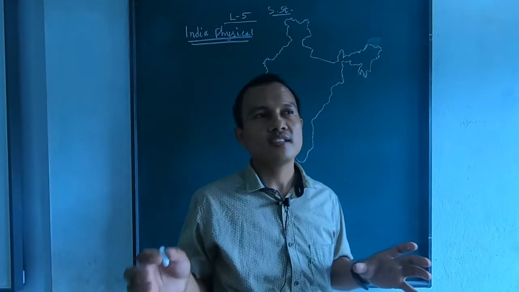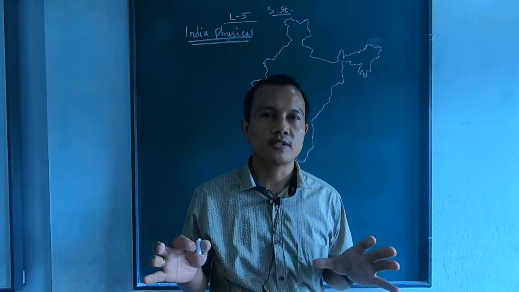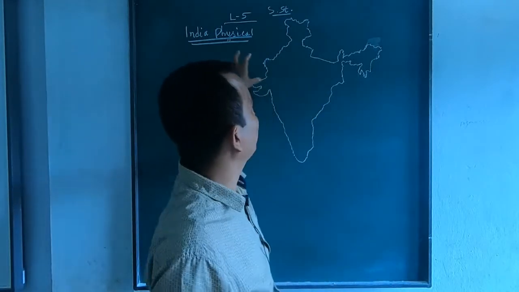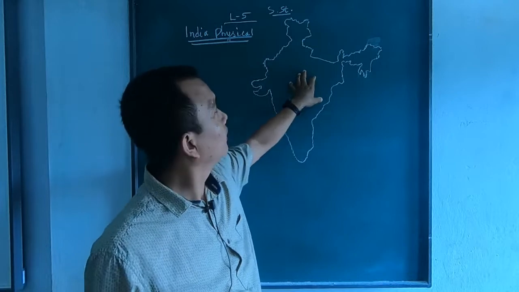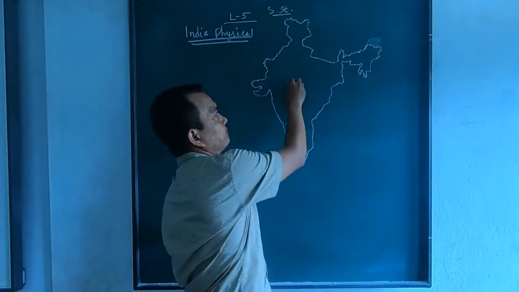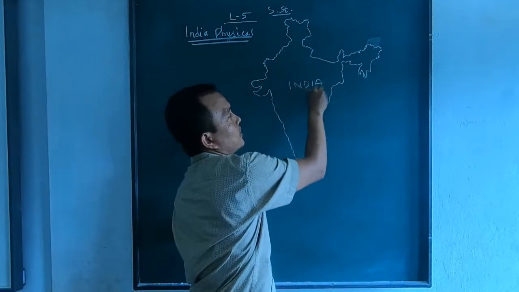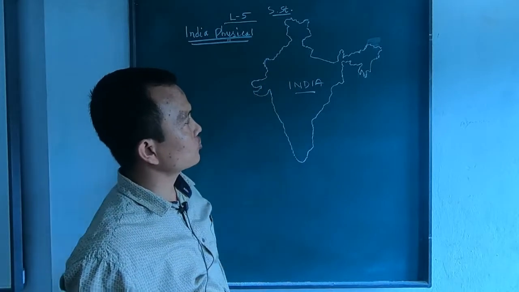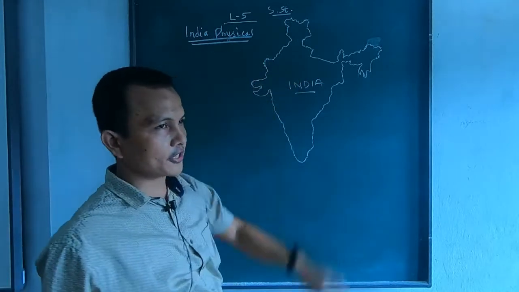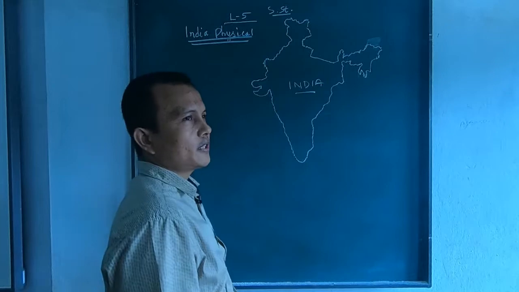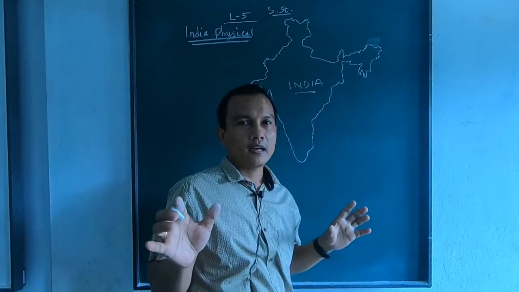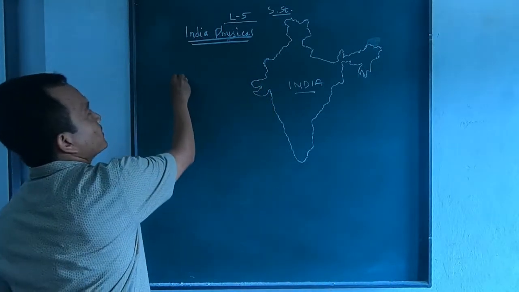It's a very easy and very interesting topic, so please pay a little bit of attention. I'm going to explain in very brief, and I have drawn here an outline map of our country, India. Can you see? Yes, roughly I have sketched. So we will be talking about the physical. India is mostly divided into 6 physical divisions, and those are: